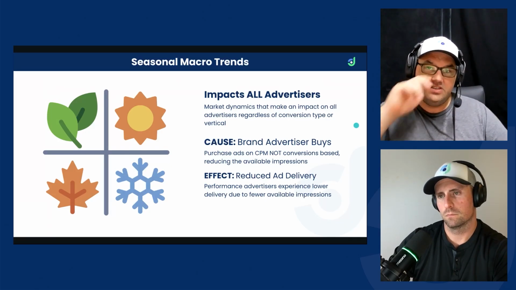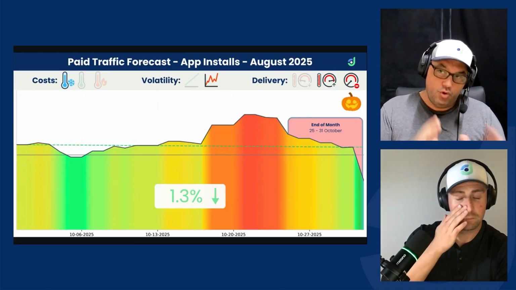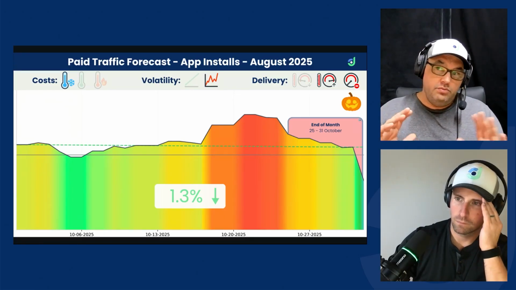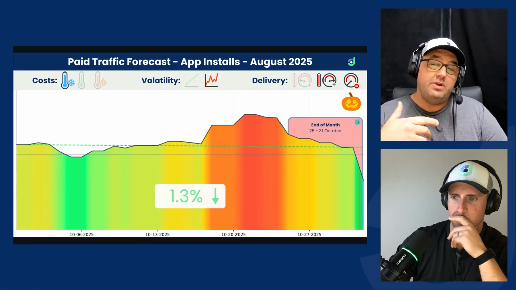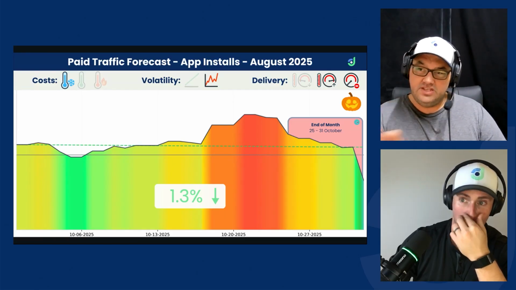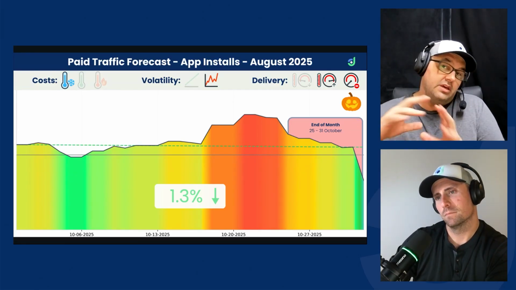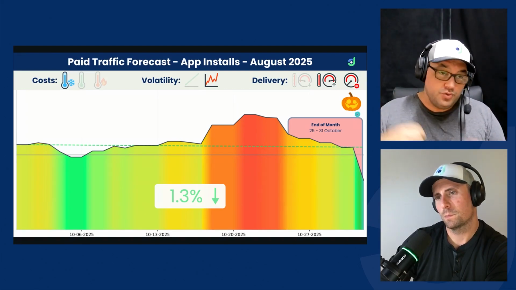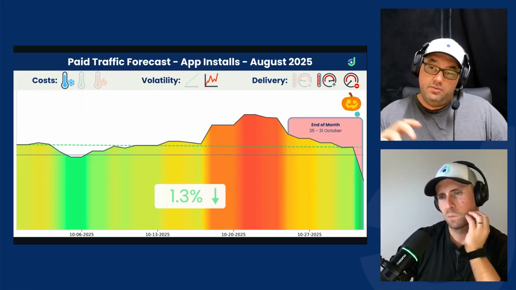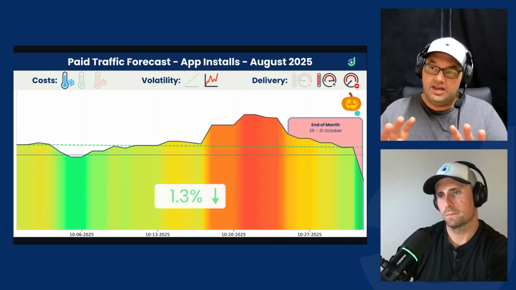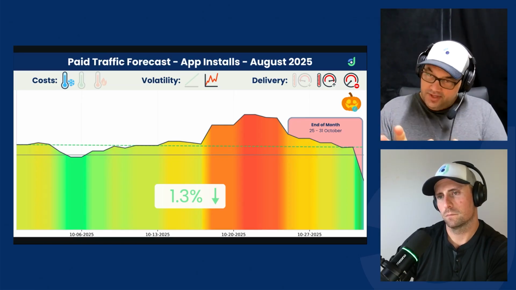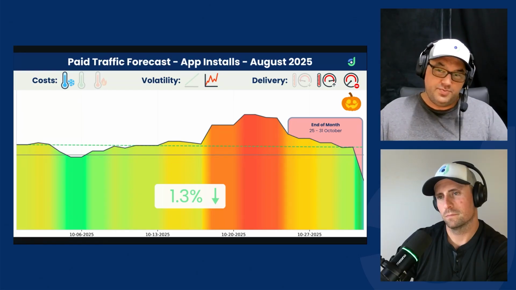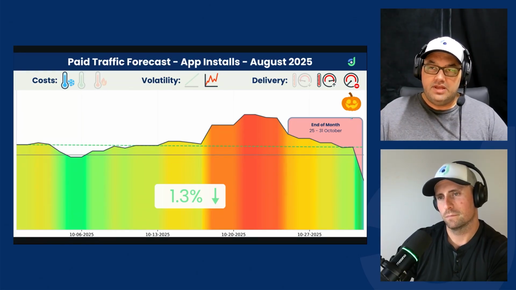So we've highlighted 2 events for the month of October, that being our normal end of month cycle, which is between the 25th and the 31st. Now, these, as well as Halloween, you may not be running campaigns that are promotional towards the end of the month, but these will impact you or have a high chance of impacting you because of those big buys, those retail buys, those big brand buys, buying up impressions that you can't then get. So we're just highlighting those, just something to look out for. The problem with this, especially for this particular forecast, it backs off straight after that camel hump that we spoke about, which is anticipated for the month of October.